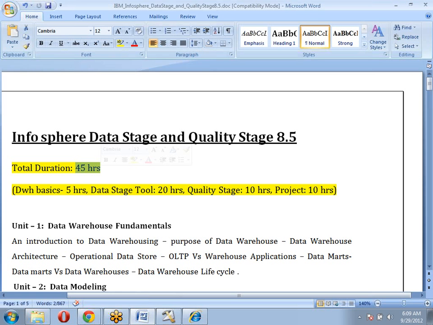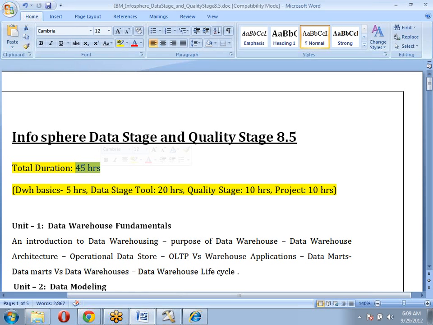But at tool level, for example, if we take database connectivity, we are going to discuss only one or two examples, not many. If you want to discuss many examples, DataStage alone will take nearly 3 months, and we will not be able to cover any other topic. What we are going to cover here is basic tool-level information. Once the tool is done, we'll finish the project also. At least, tool level we are going to cover majorly.